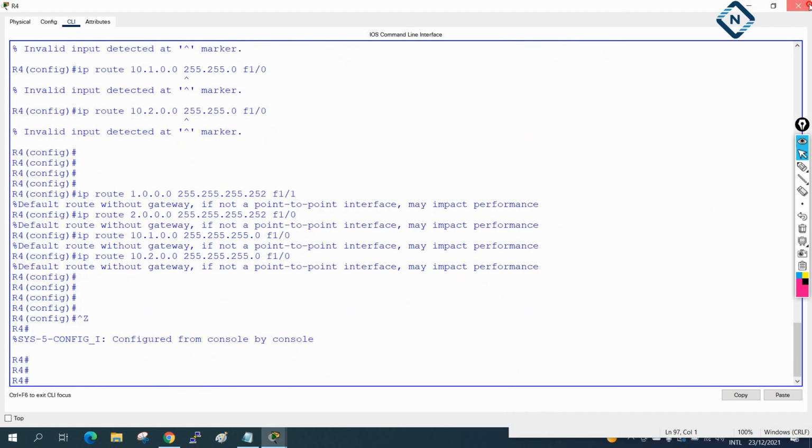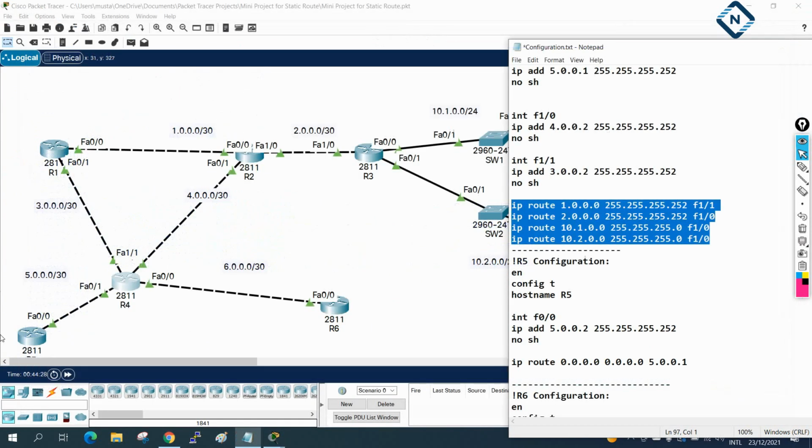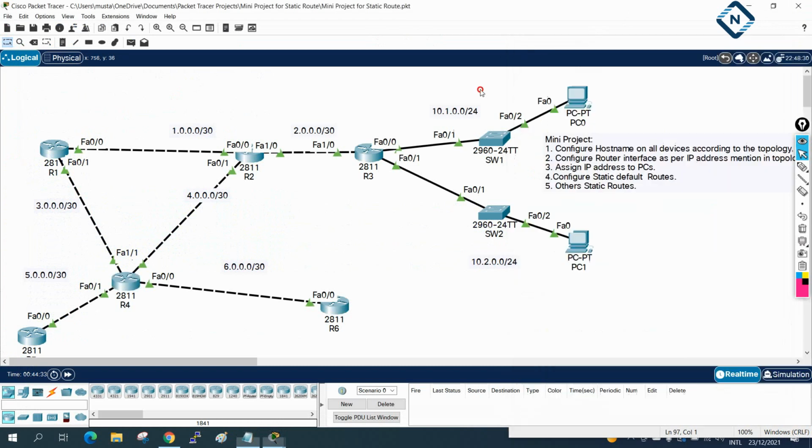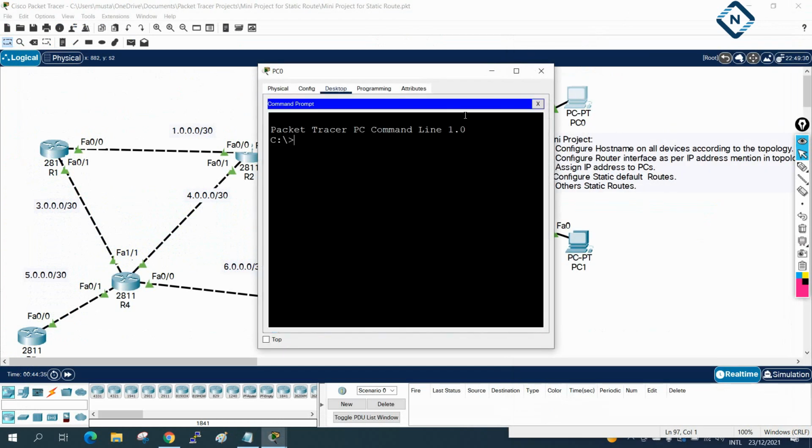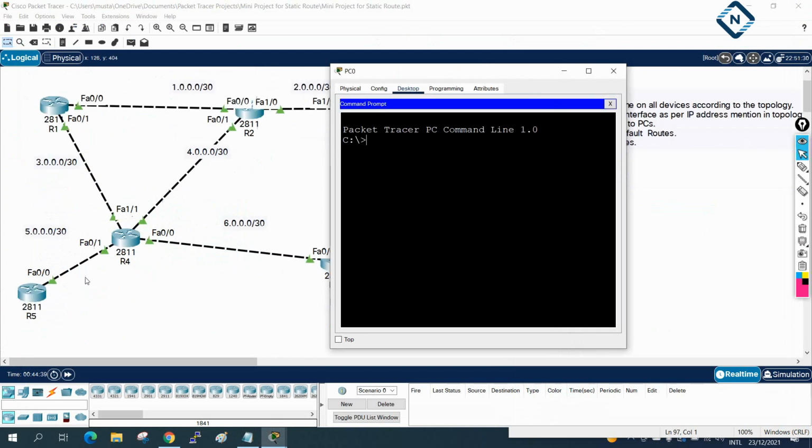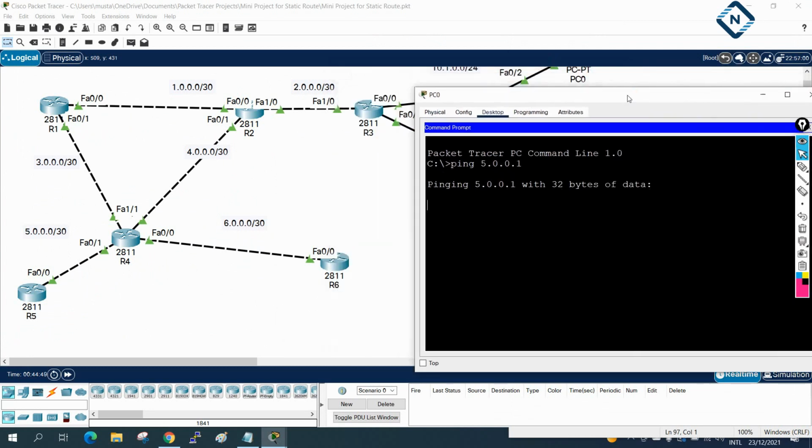We can check. How can we check? For example, this PC wants to communicate with this network. Imagine this 5.0.0.1 network. Let's see if he can communicate or not. I am generating this traffic to this one.